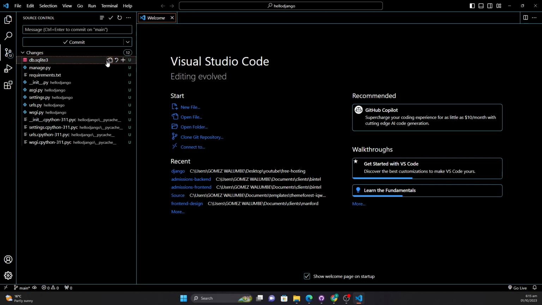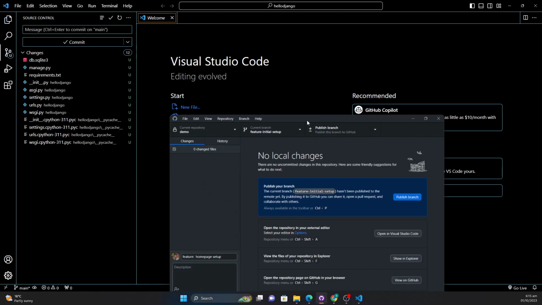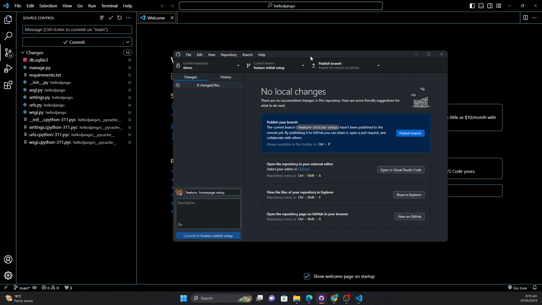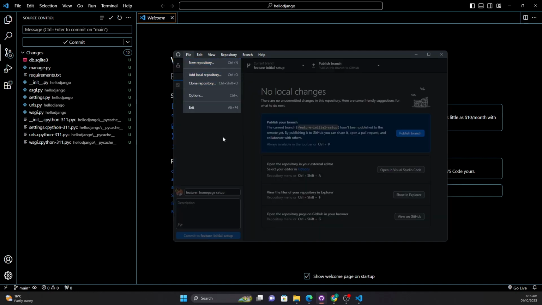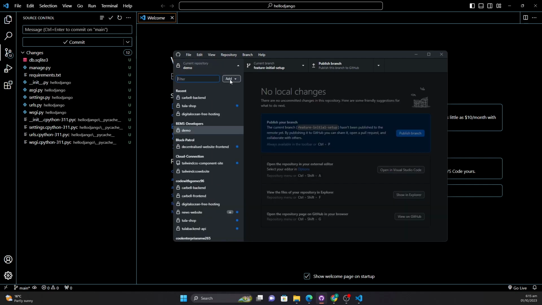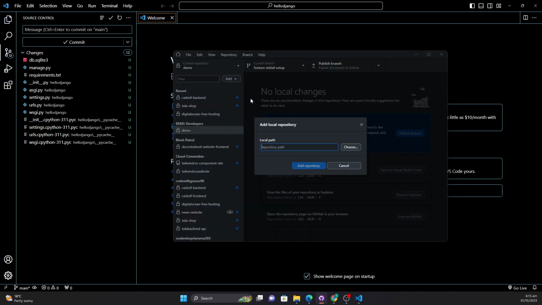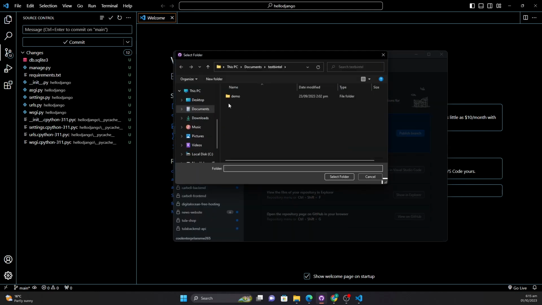Once I've done that, because I don't want to use the commands or a user interface to interface with GitHub, I have this cool application, GitHub Desktop, which was created by GitHub, to do all my commands and everything. So what I'm going to do is, I've already initialized this project. Okay, let's go here and I'll add a repository. I'll come here, add an existing repository, and I will have to